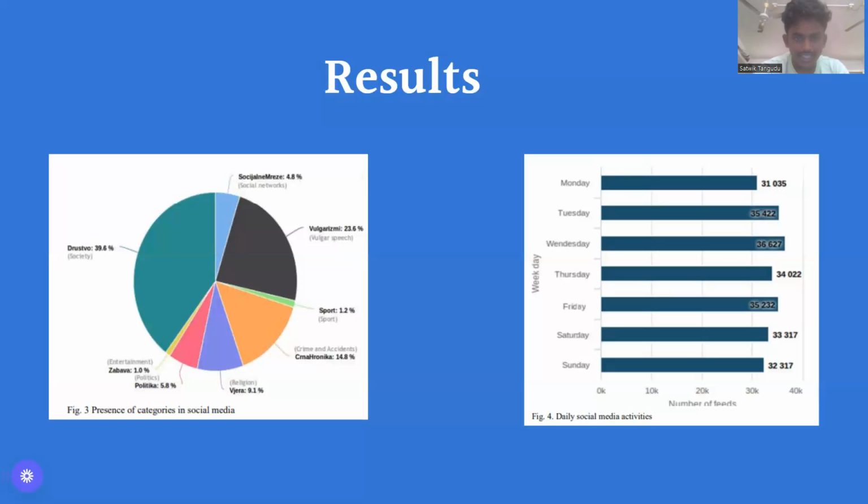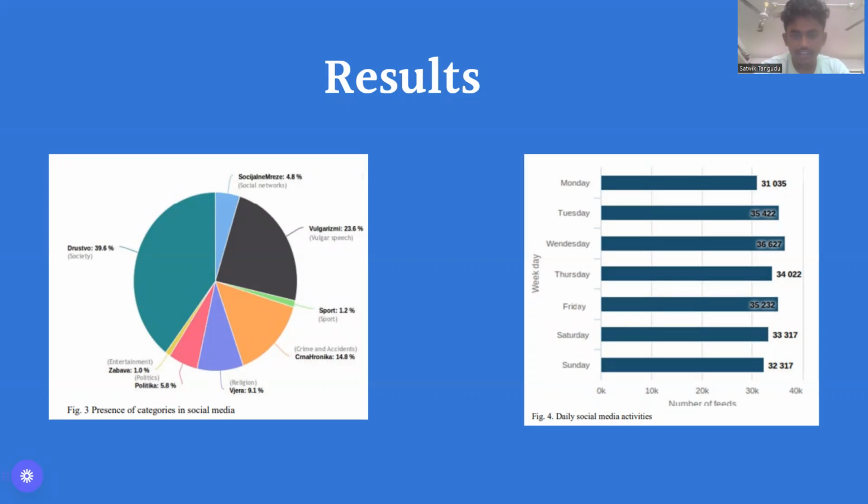Here the circle with the different colors exemplifies the categories found through offline research and their presence on the Facebook pages of four portals. And the graph shows that 39% of social activities are social interactions, while 24% of posts and comments on the target Facebook pages are shockingly vulgar. These results are interesting and helpful for understanding society as a whole, in fact.